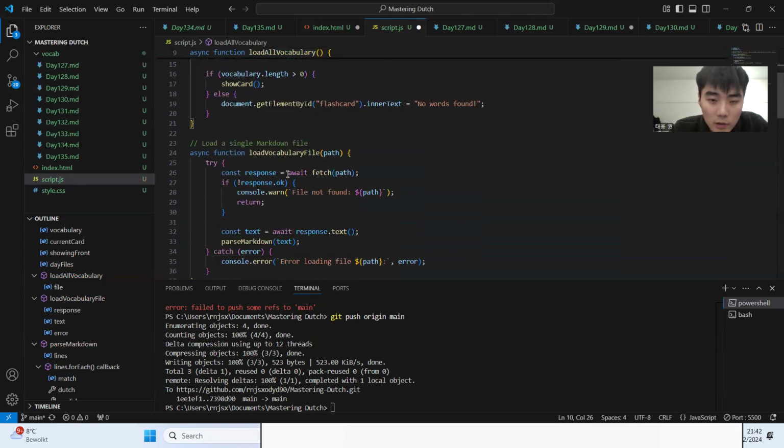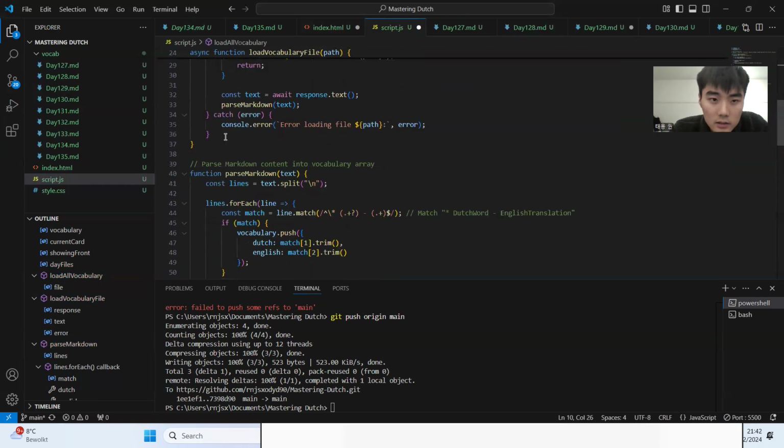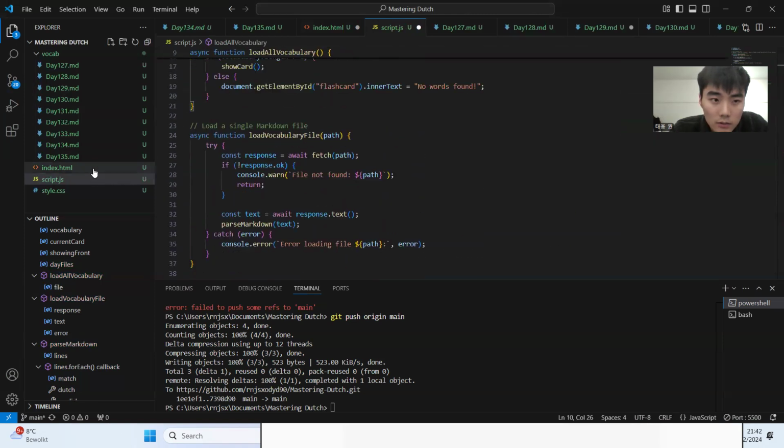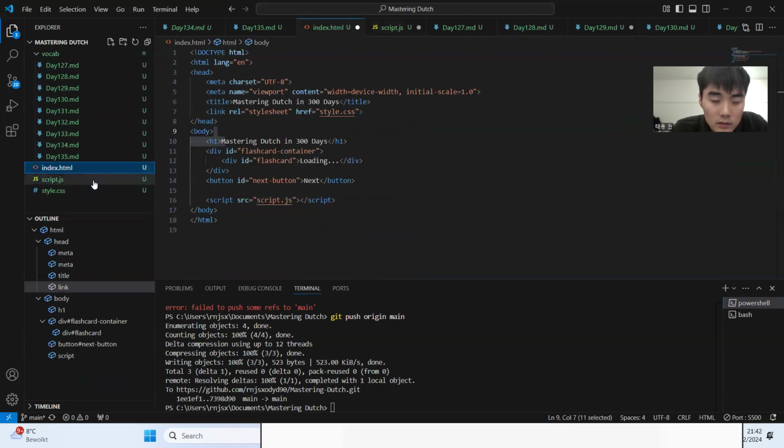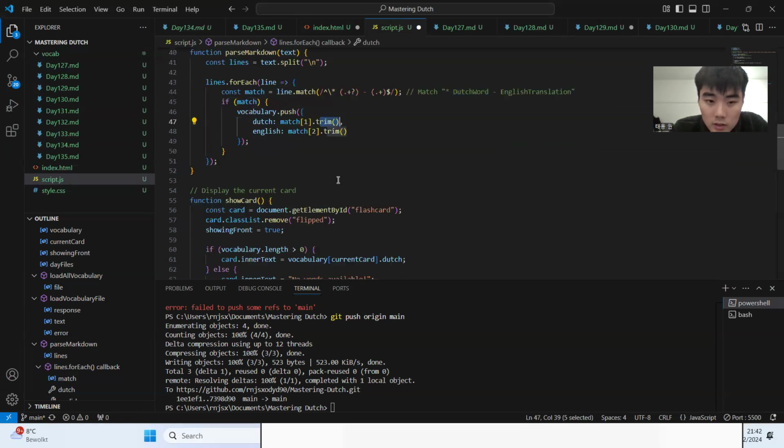You load a single markdown file. Yeah, load vocabulary file. Then you make it into a vocabulary array because we currently have it like this. We trim it.